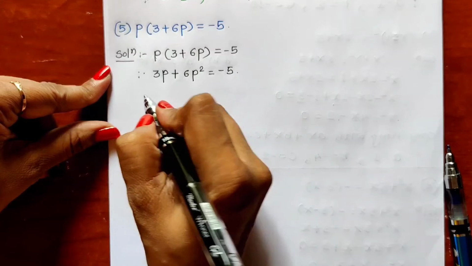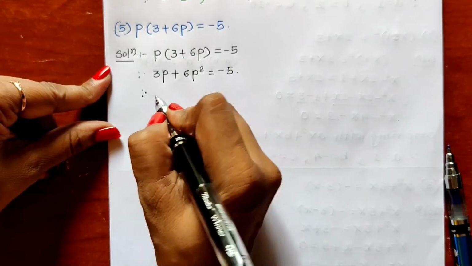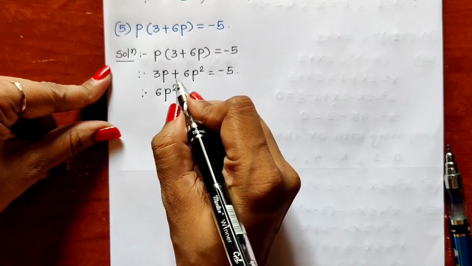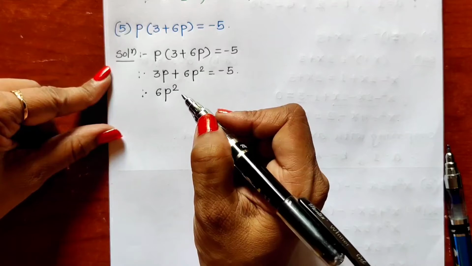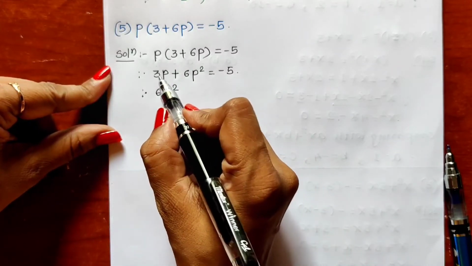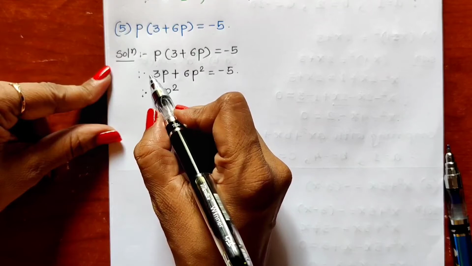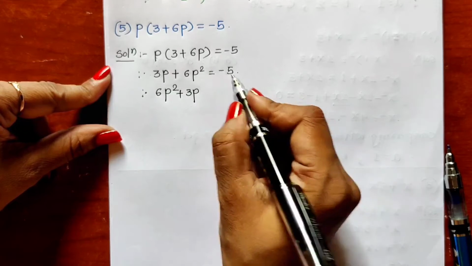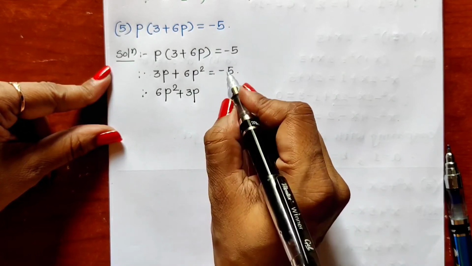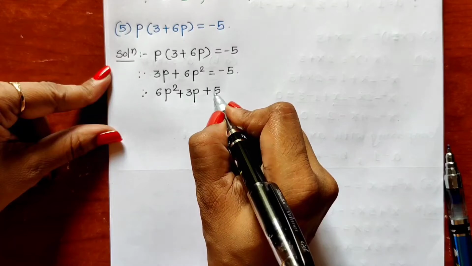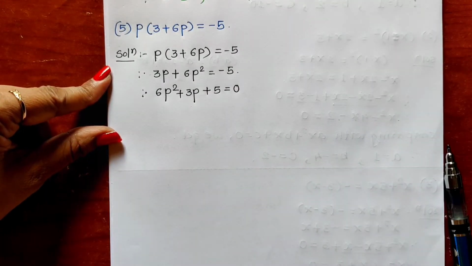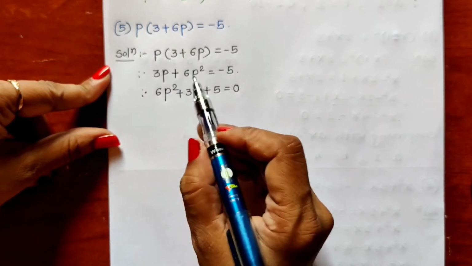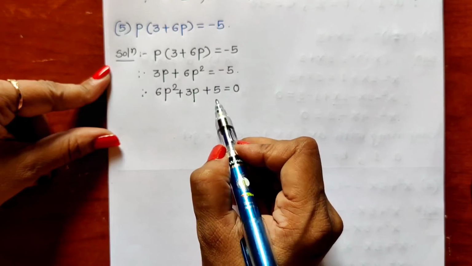Now transfer this minus 5. Here we first write the p square term, because the square term should be written first. So 6p square, and we don't put a plus sign for the first term. After that only the p term should be written. Here no sign means plus sign is there, so it is plus 3p. Now transfer this constant term from right to left. Minus 5 will become plus 5, and is equal to 0. Nothing is there on the right hand side, so 0 will be there. Now we can compare. It is in the proper format: first term square term, second term having index 1, third term constant term.